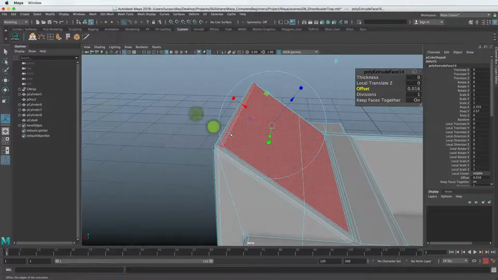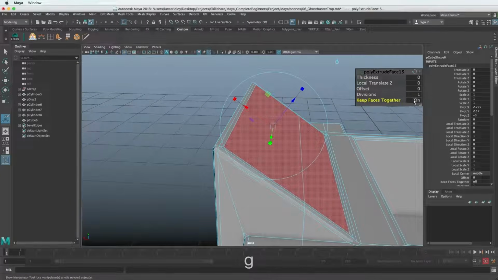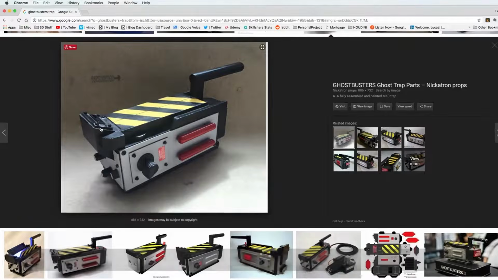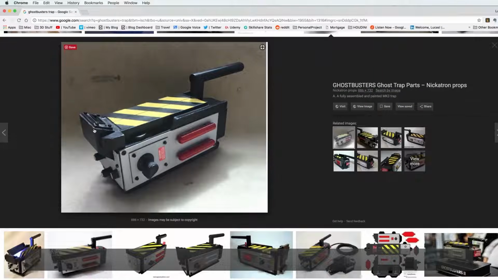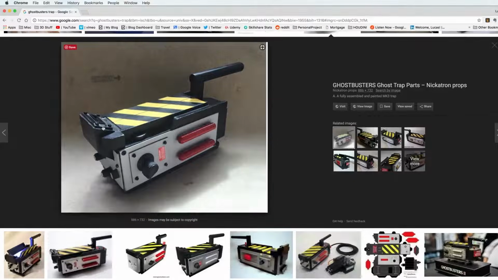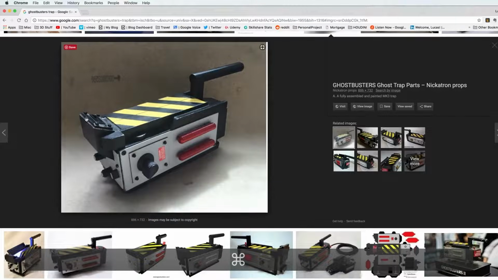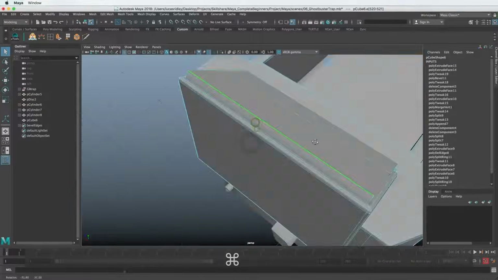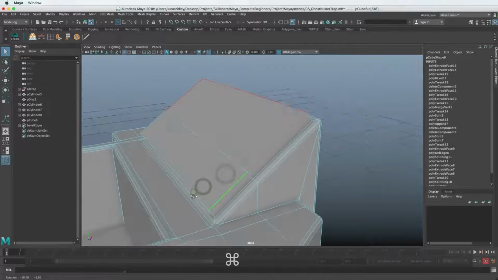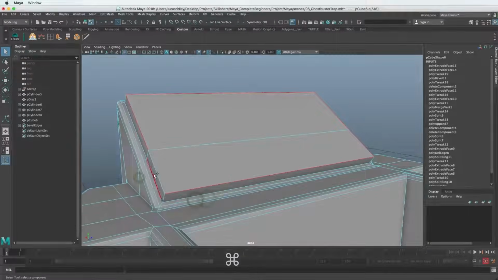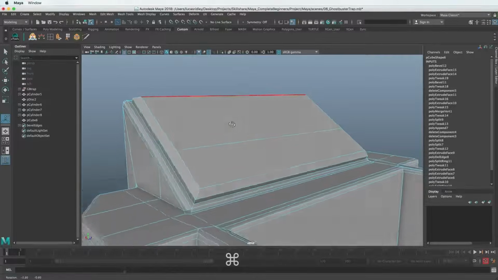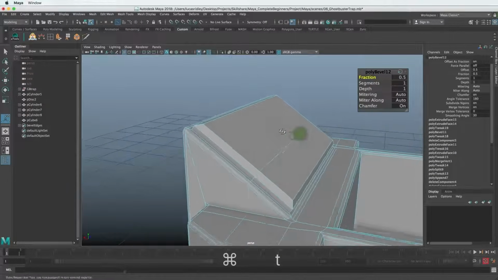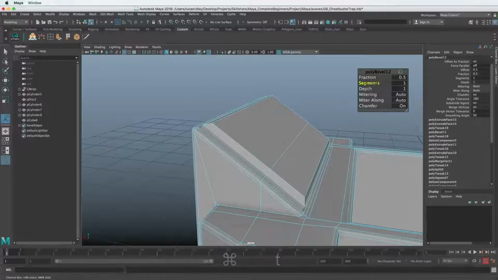So now that we've created this little separation of these faces, we can go back and extrude this out and see how far out it comes. Not super far. It seems like a really beveled edge though, like super smooth, more than what we just did. So let's do that. Bevel, hit T, or sorry, we need to go to bevel edge first, and now we have it, and we're going to increase the segments here.